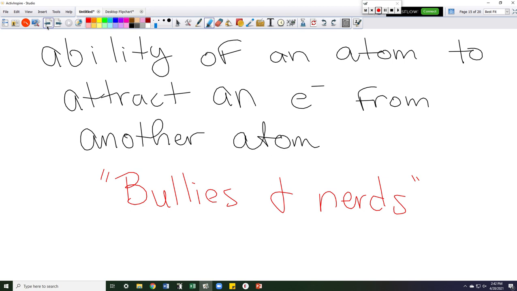Now what did the Doritos represent? Electrons. We represented the atoms. So the bullies and nerds idea is when you have some atoms that are more powerful, stronger. The key science word is more electronegative than the others. Now, what you probably need to ask yourself is, who are the bullies? Who are the nerds? Do I have any hypotheses of who you think the biggest bully on the periodic table is? The one with less electrons.